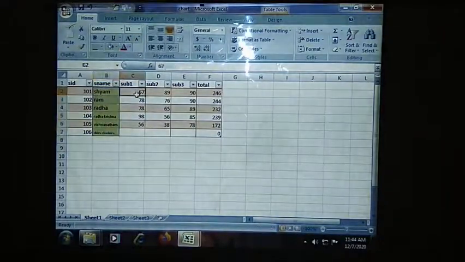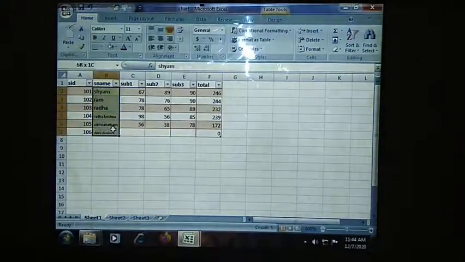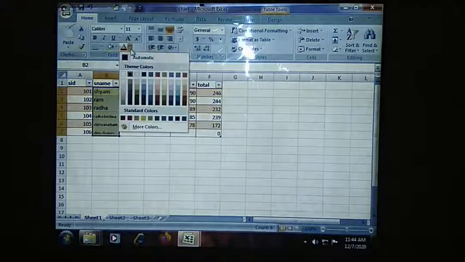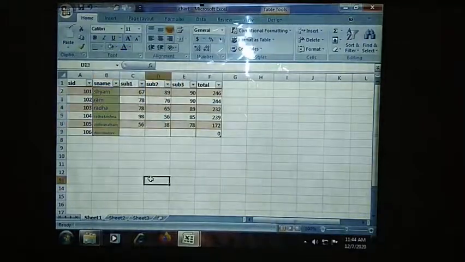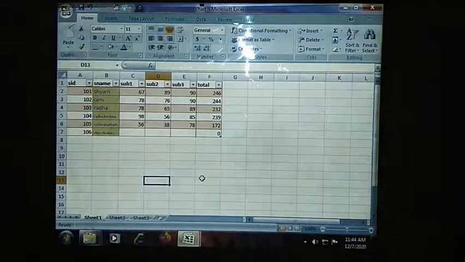You can color the font also. See, it is in black color now. Select the cells in which you want the font color, then go with the colors like this. You can see the preview over there. By that you can select the content font style. Consider blue color. Like this you can color the font, and you can fill the color into your cells.